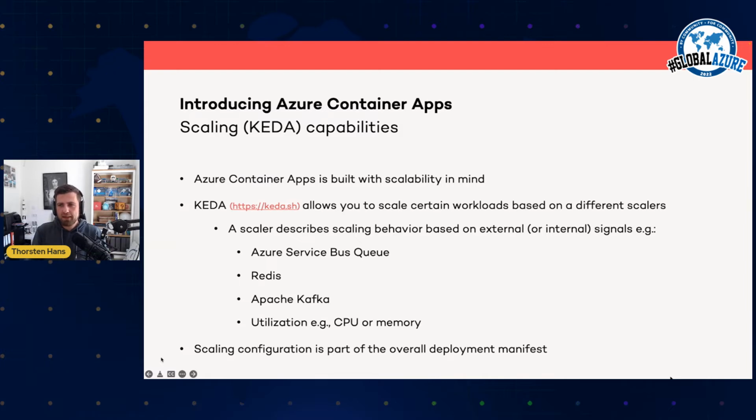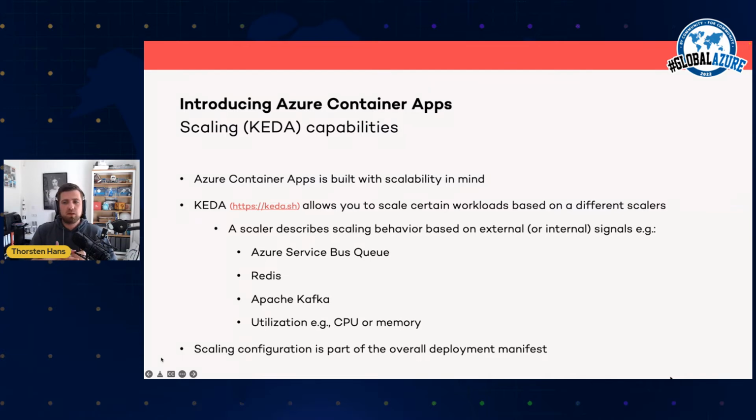Last but not least, there is KEDA, which is Kubernetes event-driven autoscaling. And the cool thing is, Kubernetes, for example, has the horizontal pod autoscaler, which allows us to scale certain containers horizontally based on the actual resource utilization, like, for example, CPU consumption or memory utilization, right? KEDA takes this approach one step further, and it allows you to use, for example, Azure Service Bus or a Redis cache or whatever. There are roughly about 40 so-called scalers that we can use as a scaling